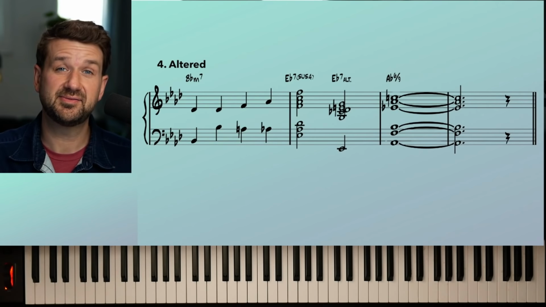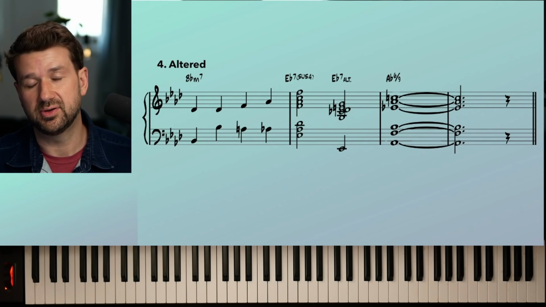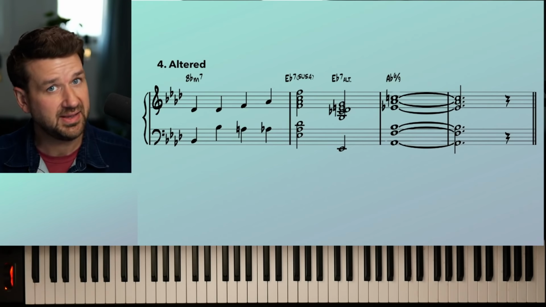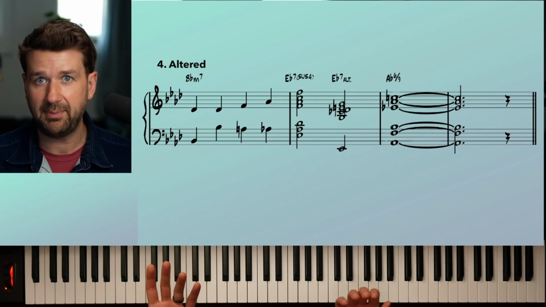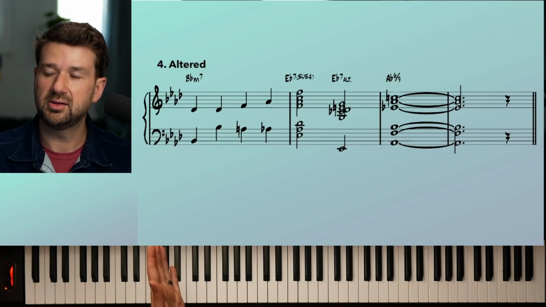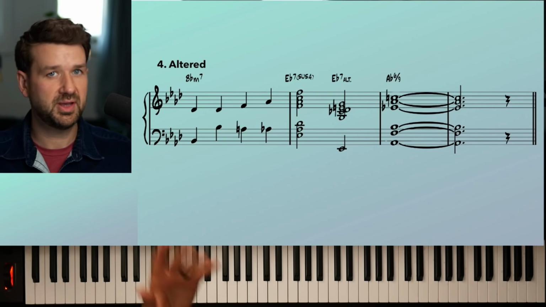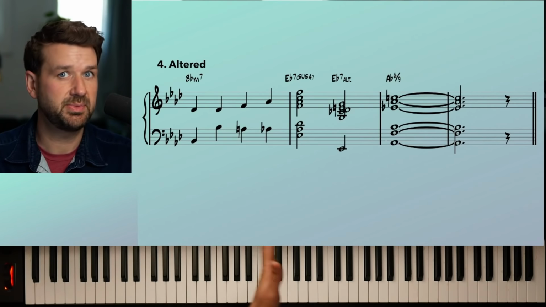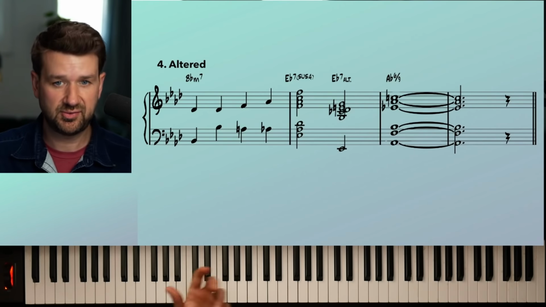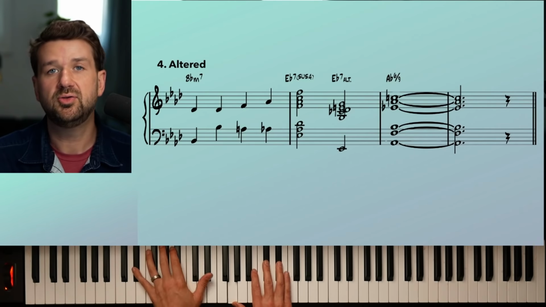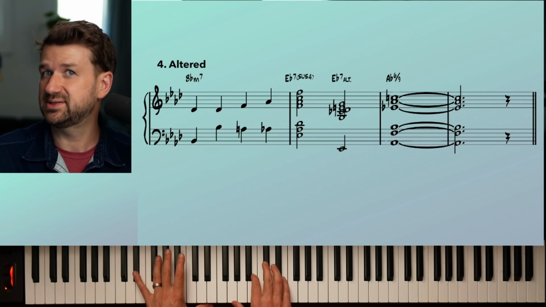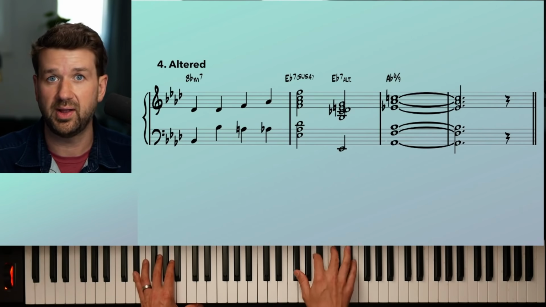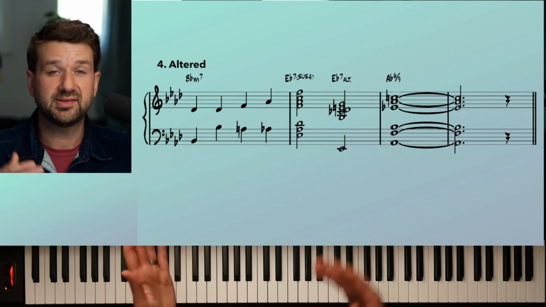Okay, this is a very crunchy level. This is an altered chord. So what you would call an E flat 7 altered here. Now this is based off of the altered scale or perhaps the melodic minor scale from a half step above. Barry Harris thinks about this as the minor 6 diminished scale from a half step above. So if we're on E flat 7, you can think about an E minor 6 shape. And you can think about an E minor 6 diminished scale of chords as well, to voice and borrow and